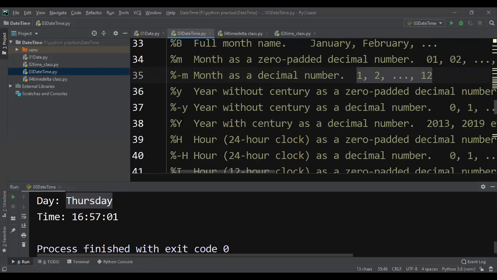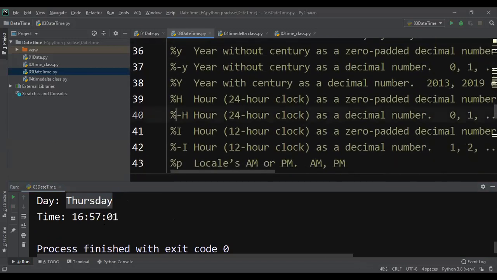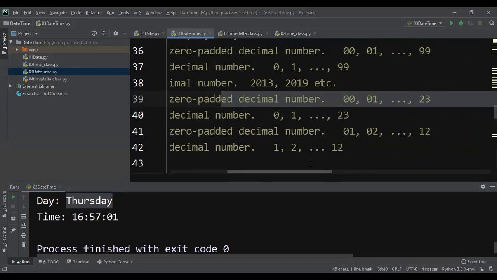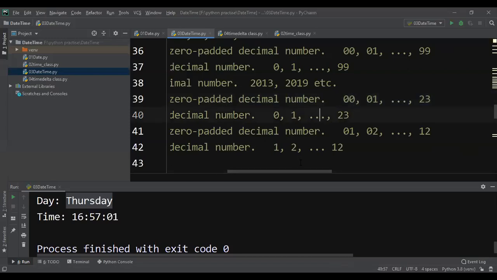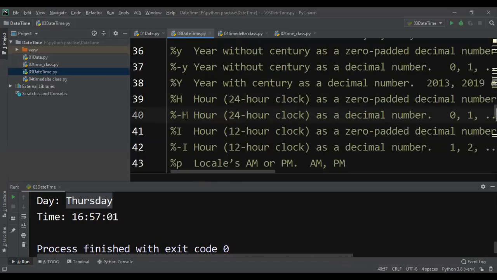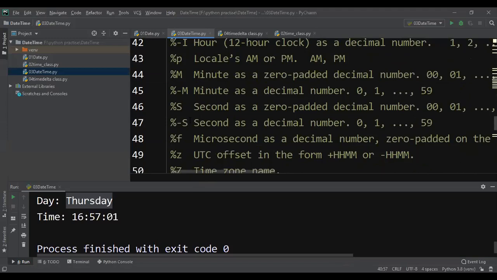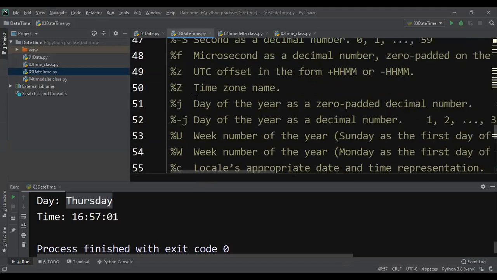If you use dash H, it will print 24-hour format, zero padded decimal. Here zero padding will be there, here there is no zero padding. So 0, 0, 0, 1 like that; it will print only 0, 1. Different options are there that you can check.